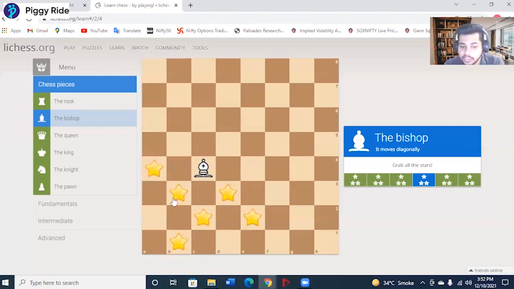Whereas if we went for the star at B3, let's count 1, 2, 3, 4, 5, and then 6. Just 6 moves. So in the other method that I showed, you are wasting 2 moves for no reason, whereas we can capture all the stars in just 6 moves, right? So this is a lot more efficient compared to the previous one. So the correct answer again is to go for the star at B3.